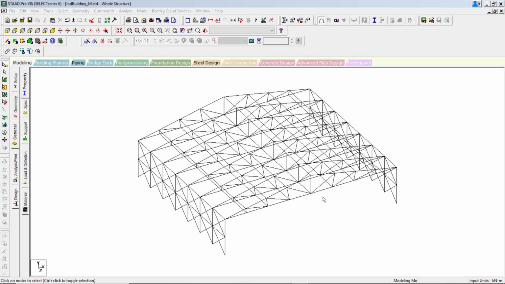Welcome to part 3, Industrial Structures Roof Truss Design. In the last session, we created a model and section properties. In this exercise, we will go for load generation, analysis and design, and find out the best